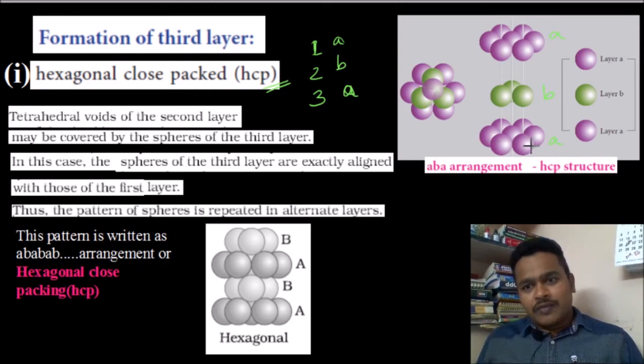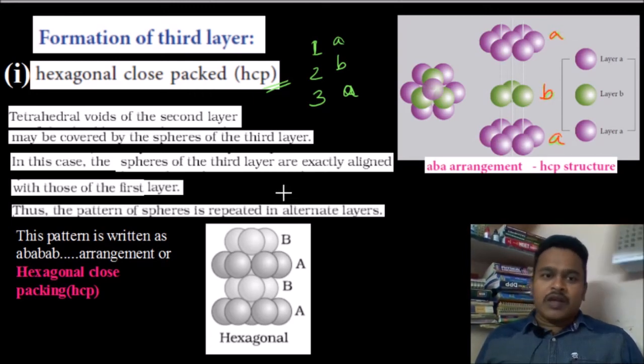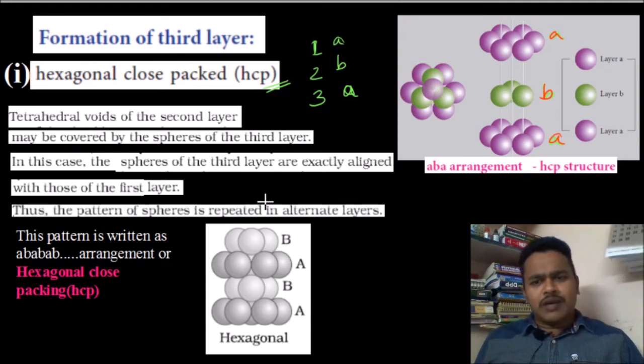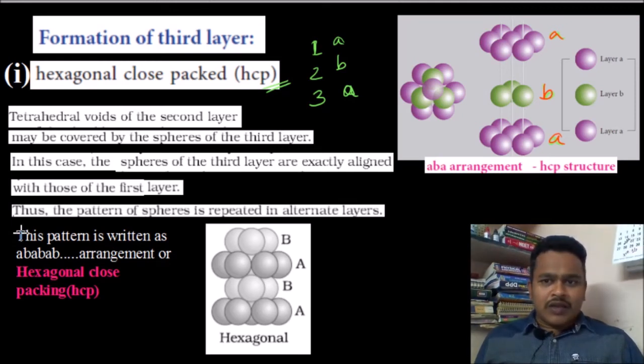Correct or not? Now you want to talk about the coordination number for this one. So what I can say, coordination number, can observe.